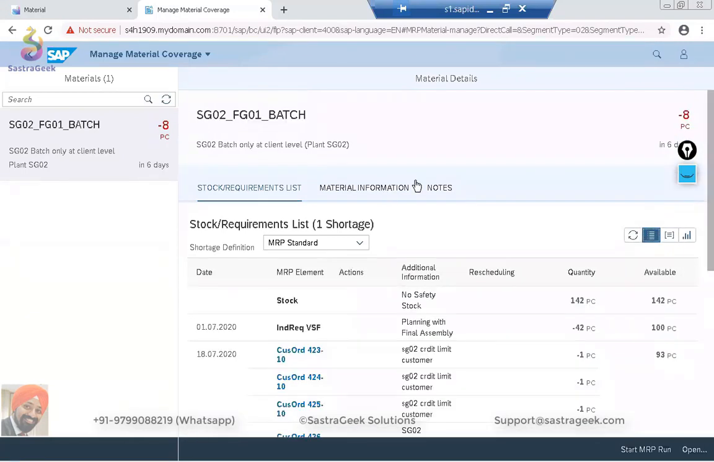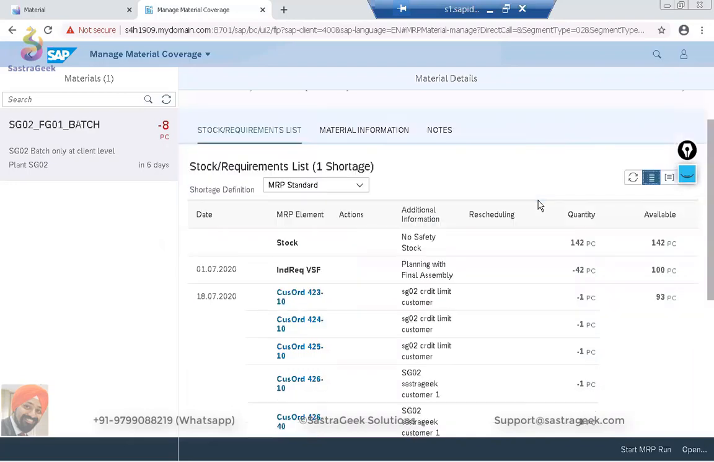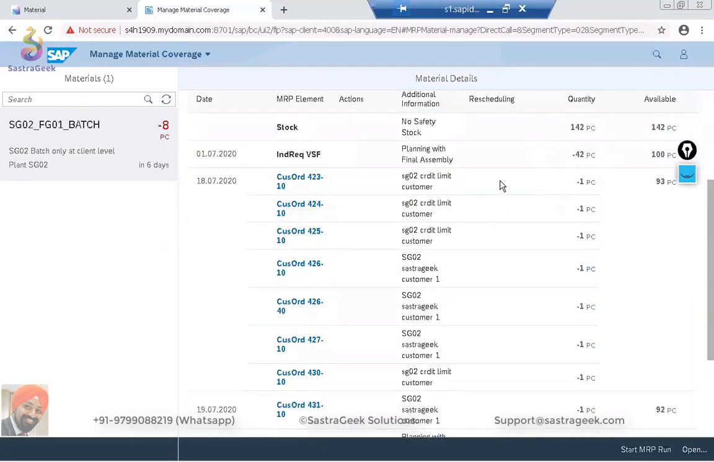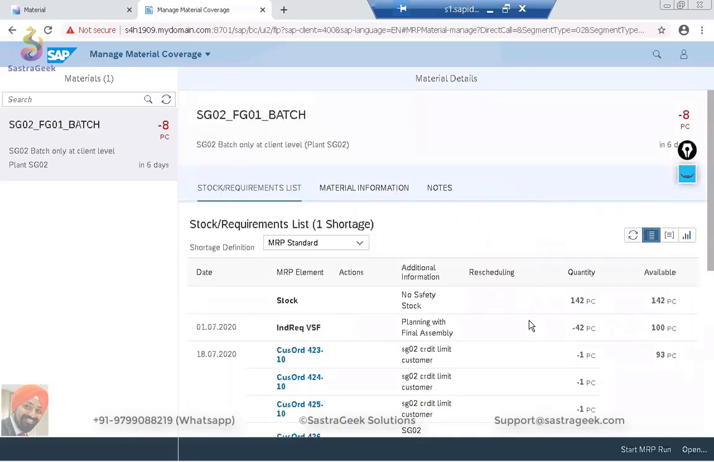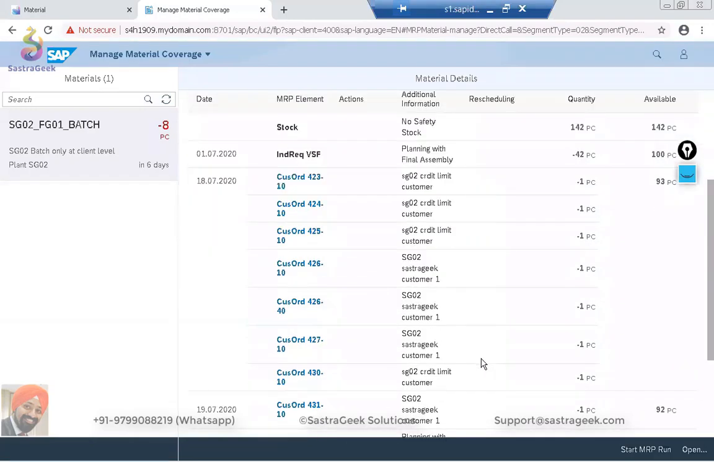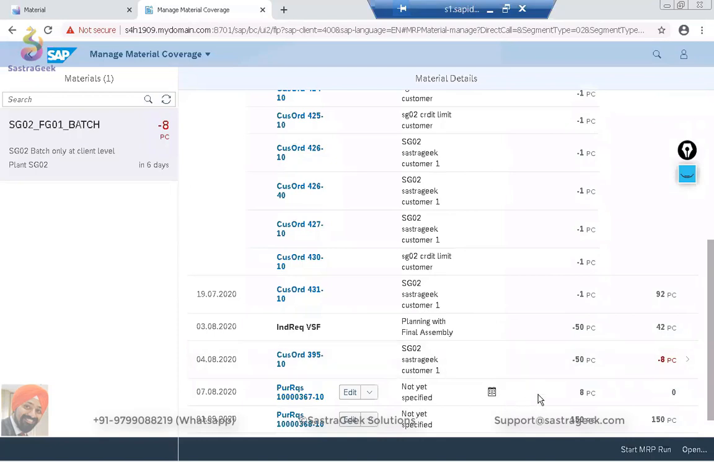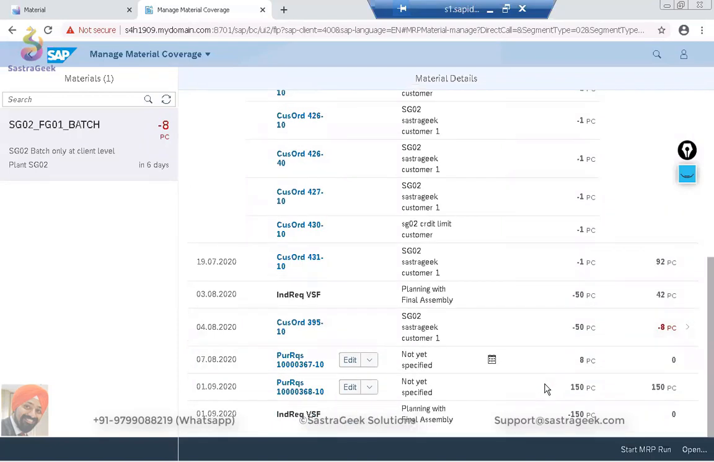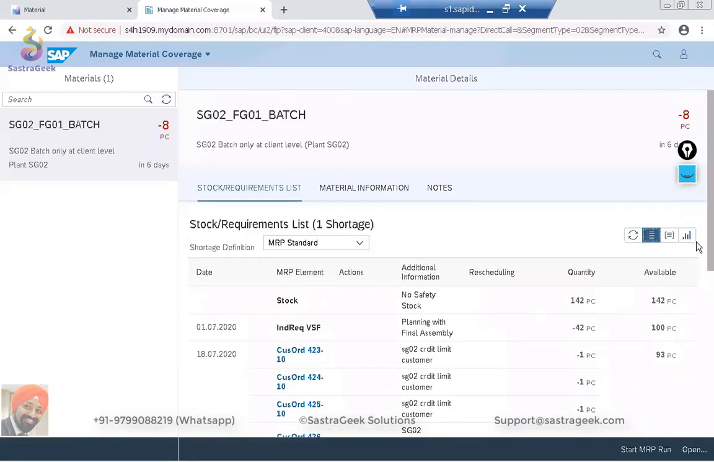Actually, the view was a little bit better in 1809. They have changed. In 1809, it had all of the symbols here, showing which are the things reducing your quantity, which are the receipts increasing your quantities. So up and down arrows were also there, which is not there in 1909. But the better thing is here with the graph. So on the right side here, the third part is the graphical part. So if I click on this graph here